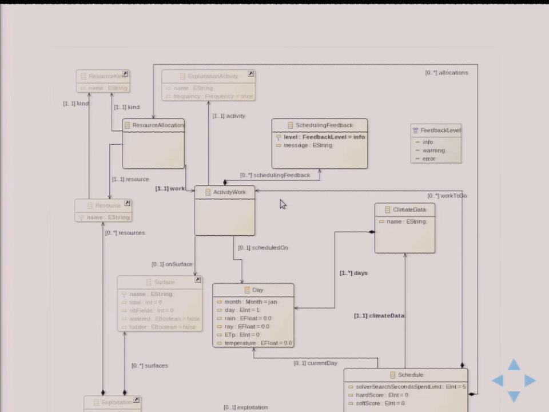And this is one Ecore model. Well, this one is the schedule one. So it contains all the resource allocations and links these elements to the farm and cultures that are defined in the other models. You can see that the gray-shaped ones are actually EClasses coming from the other EPackages.